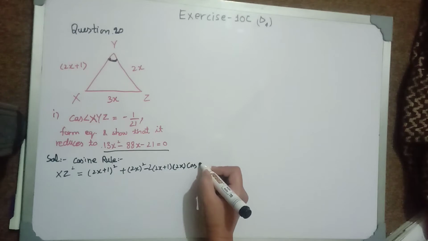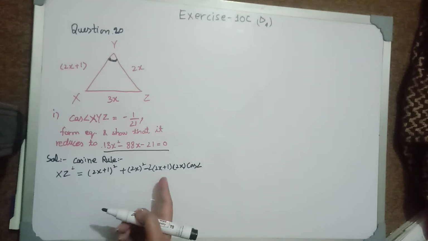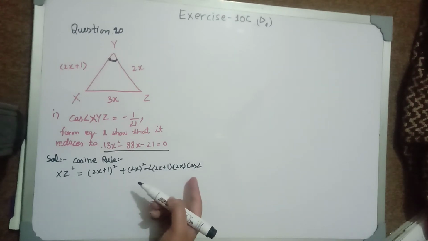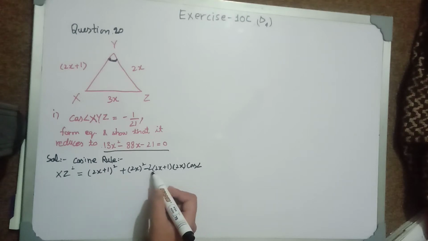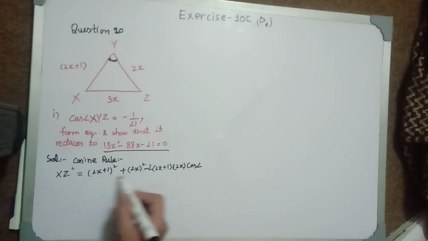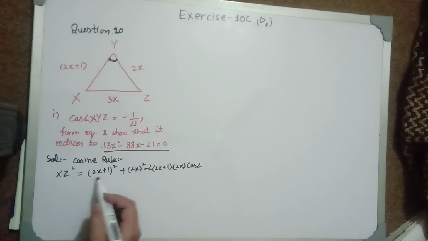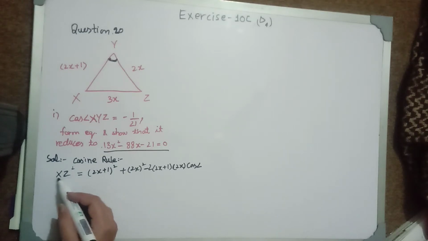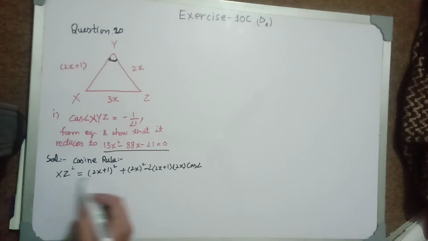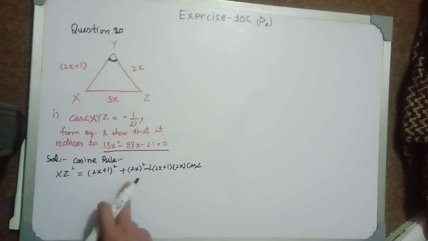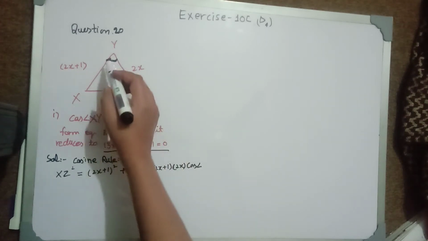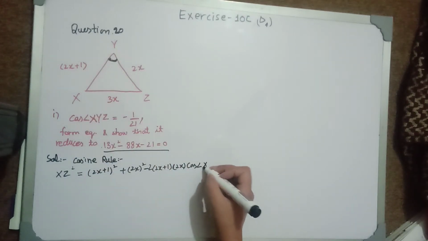into cos of the angle. You will take cos of the angle that is formed between these two sides. You cannot take this side and that one, or the angle between other sides. You will take this angle, which is formed between these two sides. So cos of angle XYZ,